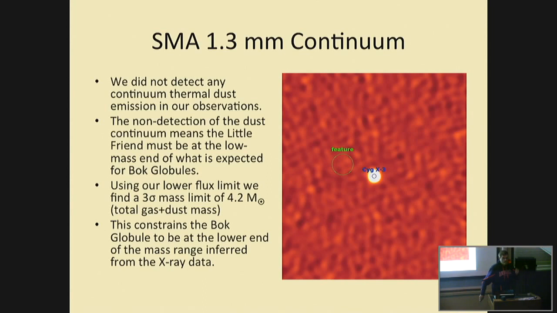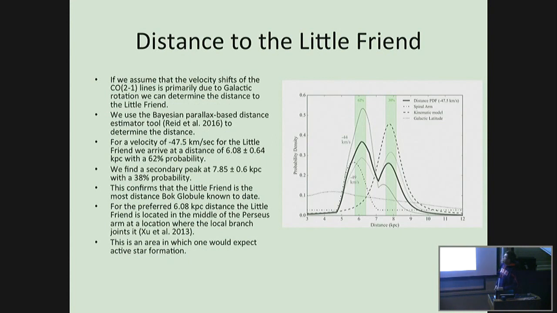We just don't have that much dust, and so the little friend is actually at the low end of the mass that I gave you. Our 3 sigma limit puts it at about 4.2 solar masses, gas plus dust, and so we're right at the low end inferred from the X-ray. Still very consistent. But the nice thing is I noticed the minus 47.5, well, we can do something with